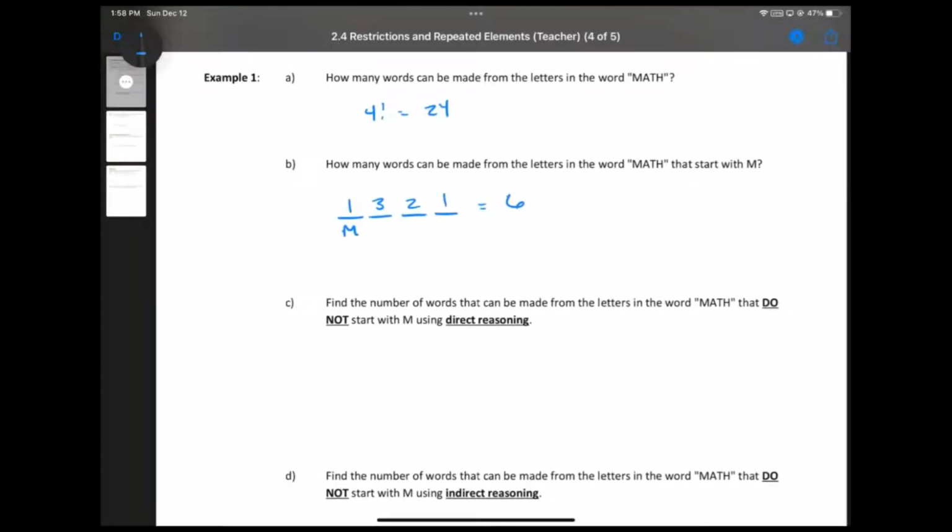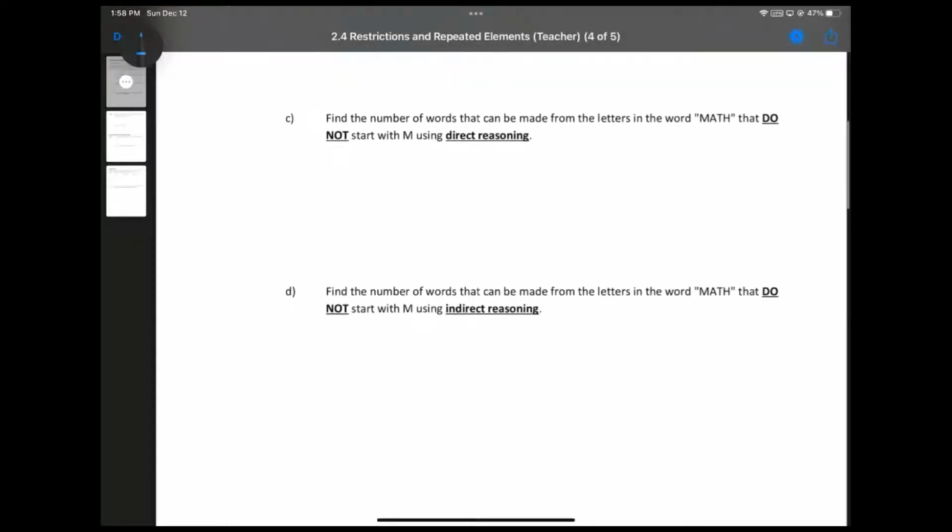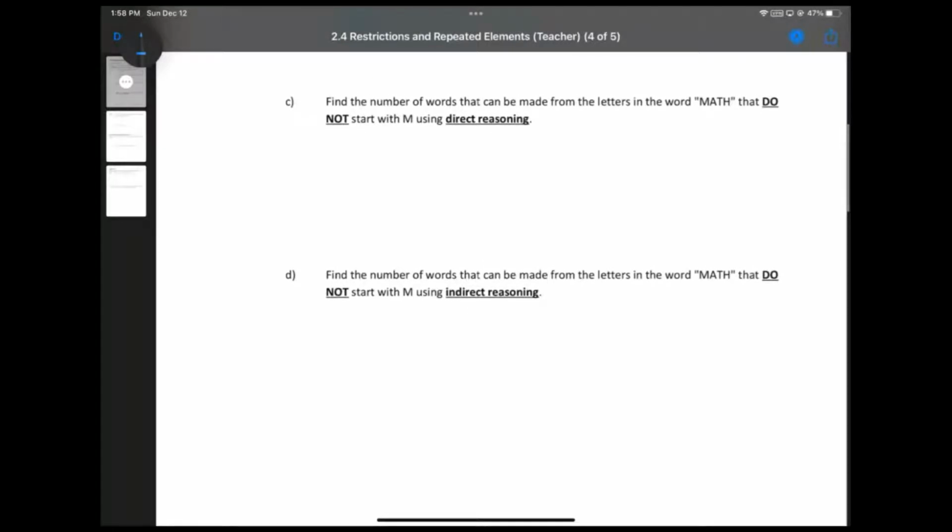And then we want to find the number of words that can be made from the letters in the word math that do not start with the letter M using direct reasoning. And of course, we're going to do indirect reasoning after that as well, so we'll kind of consider these together. Okay, so to do it directly,